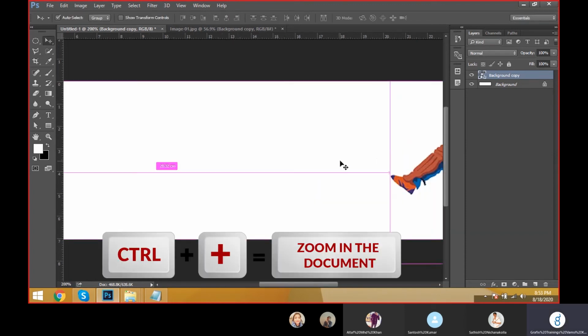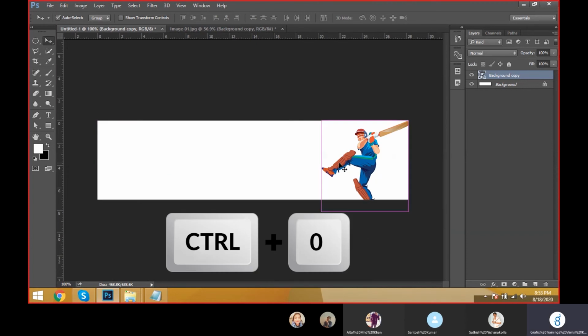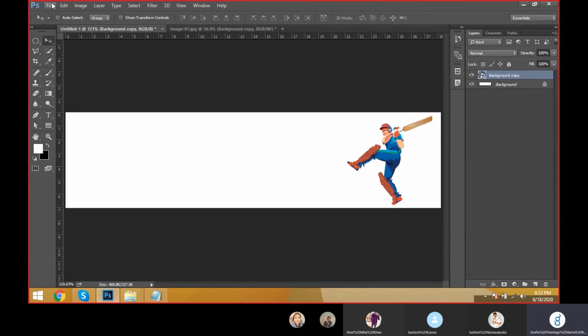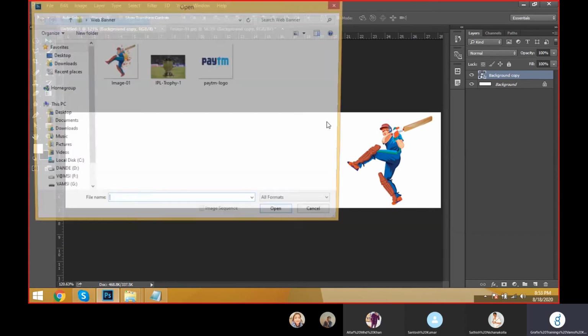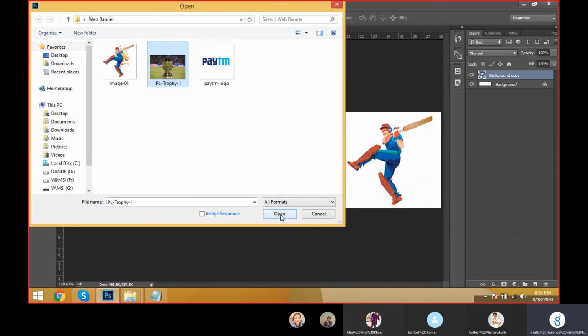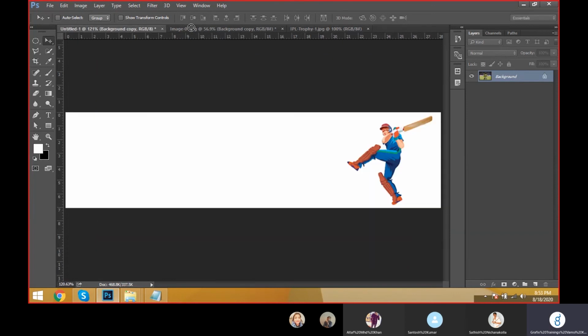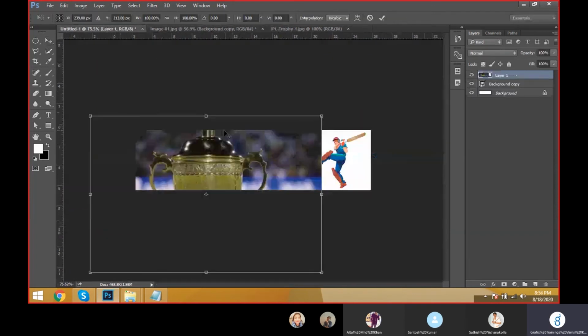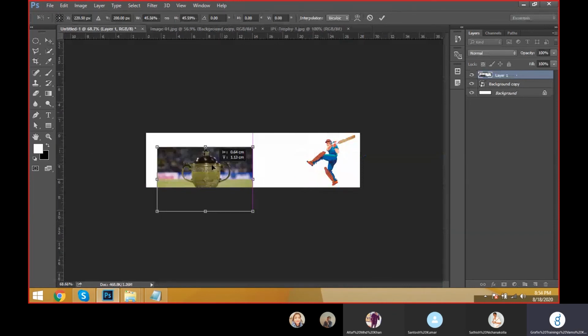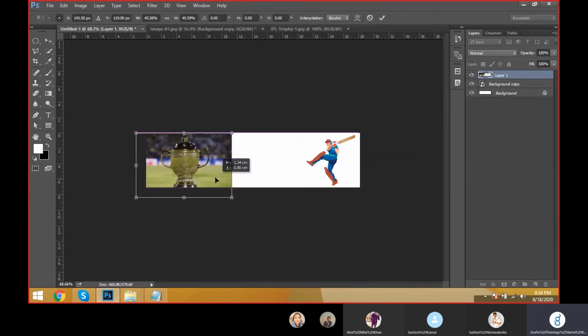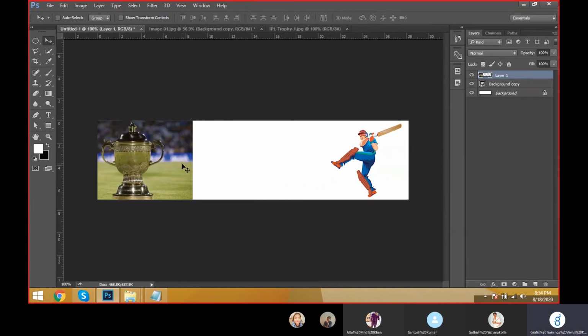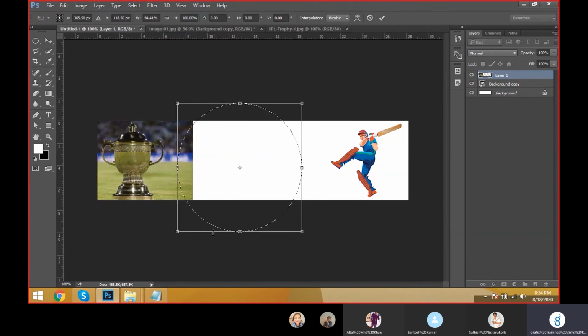Control plus to zoom in the document and Control 0 to fit the document. File, open. You can take one more document here. The cup image is there. Select the photograph of the image and open the document. Just take a move tool and move it directly into this document, our subject document, and transform it like this directly. Now I'm just taking one selection and I can transform the selection